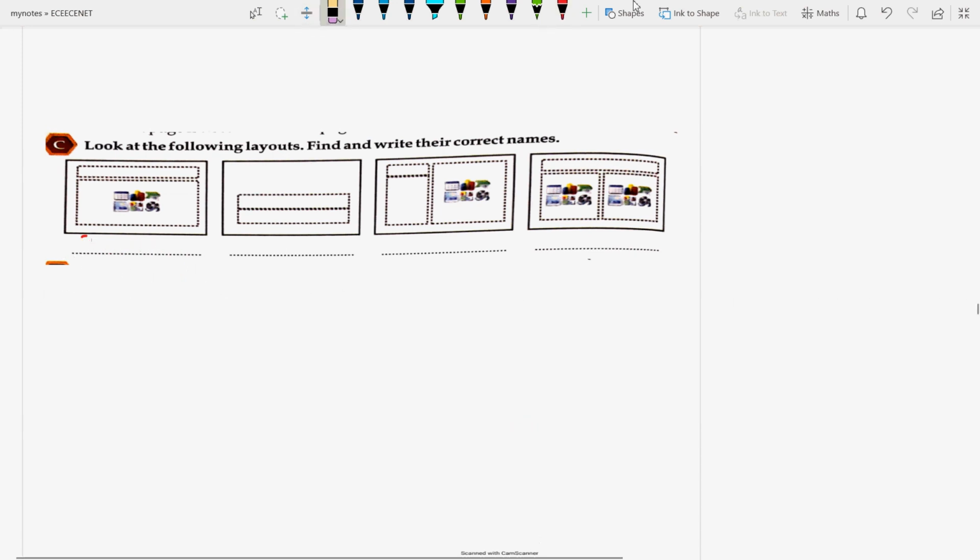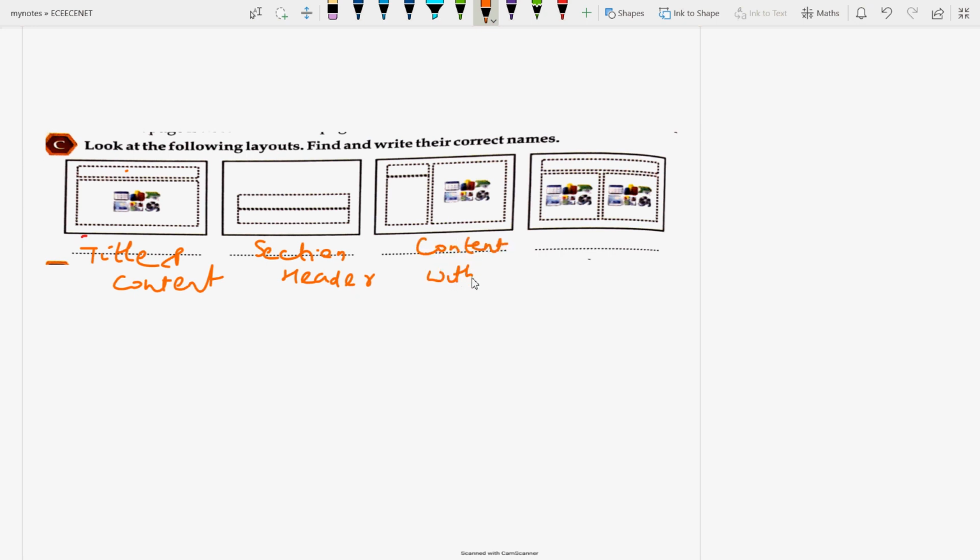These are the different layouts. This is known as section header. And this is known as title. Here you put the title and here you put the content. So this is title and content. These are the third layout. In this third layout, this is known as content with caption. And what is it known as? Comparison. No, it is not known as comparison. It is known as two content, where two contents you are going to put.